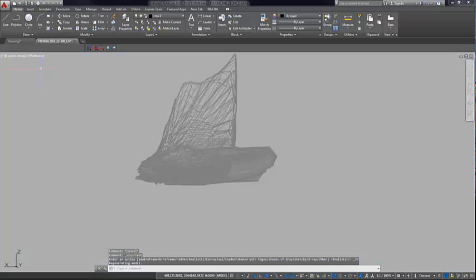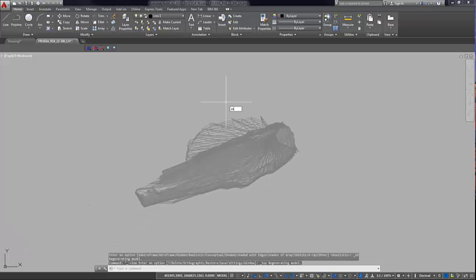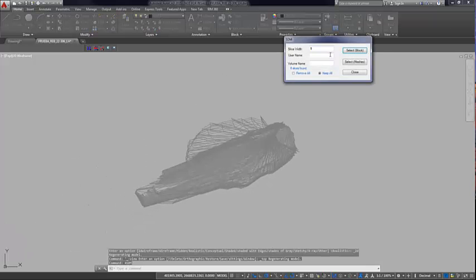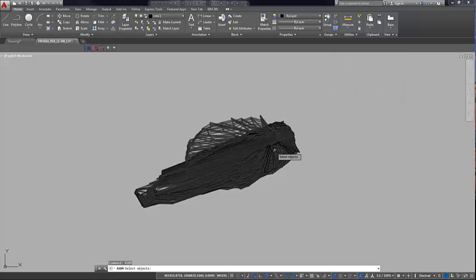So I'm just going to switch this back to wireframe and switch back to a top view. Okay, so the command is called ASDM, and basically what it does, it comes up and asks you, is it a block or is it a mesh? So in this case, if I had already processed this once and I want to go back and edit it, I would select block. Since this is the first time I'm running it, I'm going to select mesh. I'm going to give it a name. So we're just going to call it volume 1. Select the mesh. You just pick on the mesh,